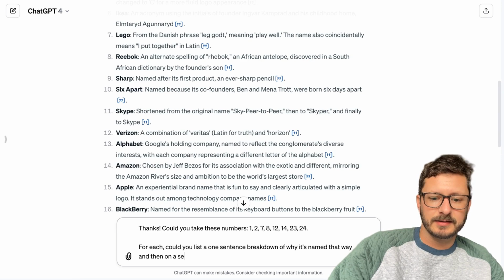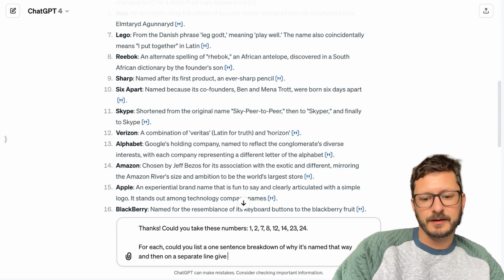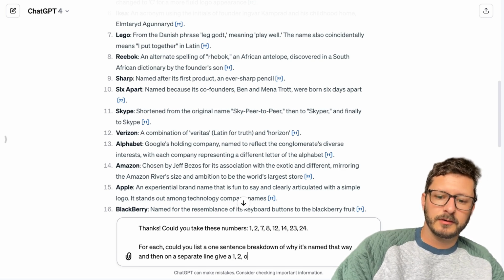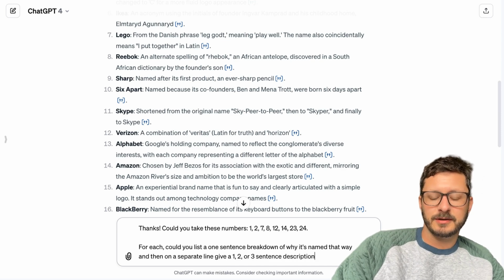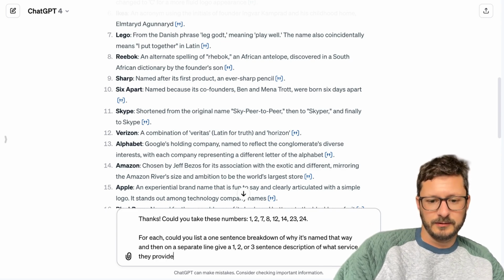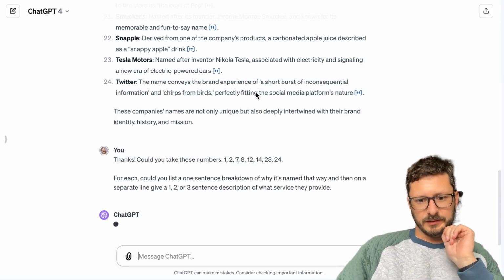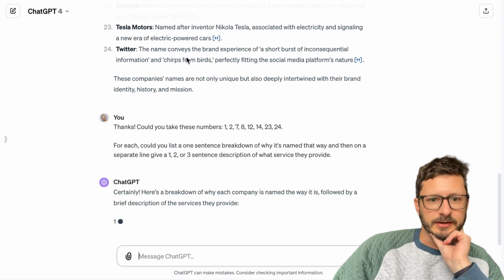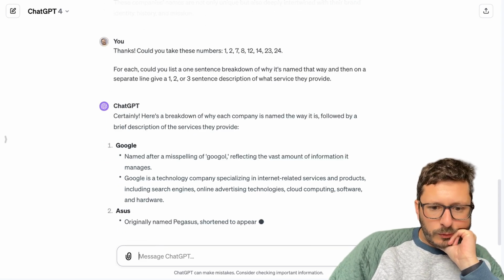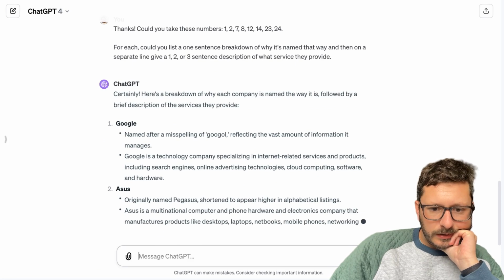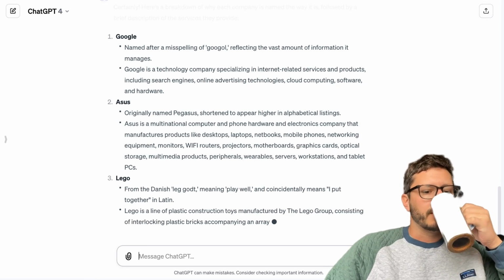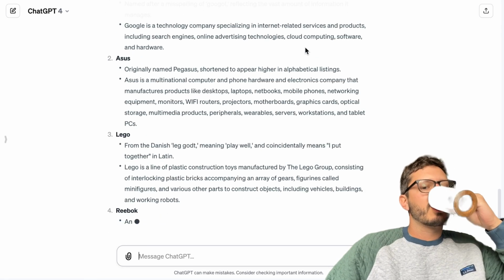And then on a separate line, give a 1, 2, or 3 sentence description of what service they provide. So what we'll do is, hopefully if this spits everything out right, can copy most of it and just paste it over into the instructions as examples. Nice. I might make some creative edits on the instructions, but